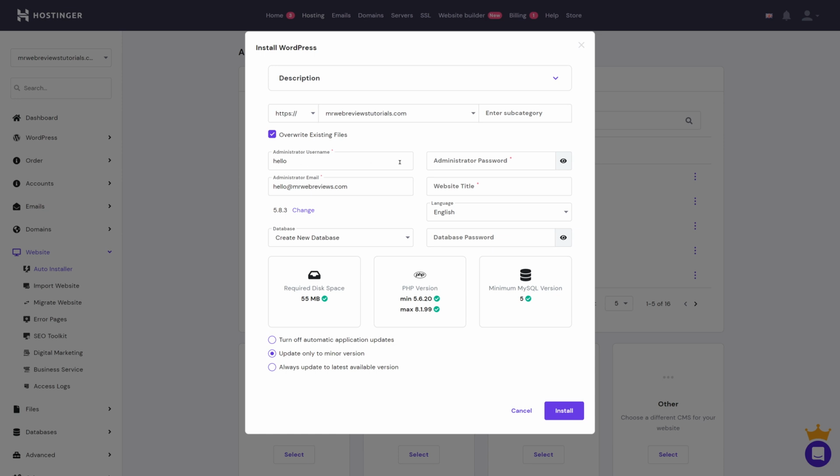So type something else here. So for instance, your name and then maybe a number or something hard to guess, obviously. And then you can type in an admin password. So you can either type it manually or have one created for you. As you can see here, it will auto-generate a password, and then you can copy and paste it somewhere